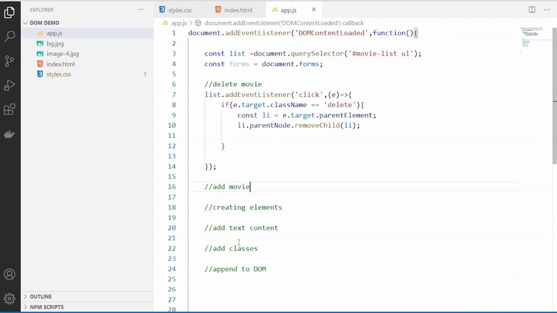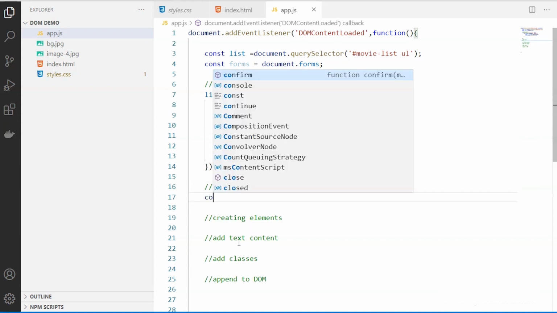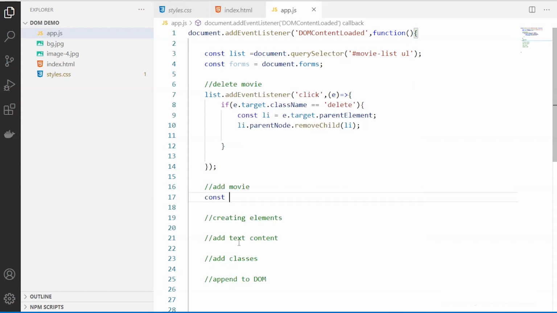So let's start with the first phase. All these elements are now present in the form. From the form we are trying to add the new movie element. For that we'll have to capture the form. Each HTML document can have n number of forms. We have already given the ID as add movie for that form, and we just have one form. So we are retrieving that and I'm storing it inside my addForm constant.